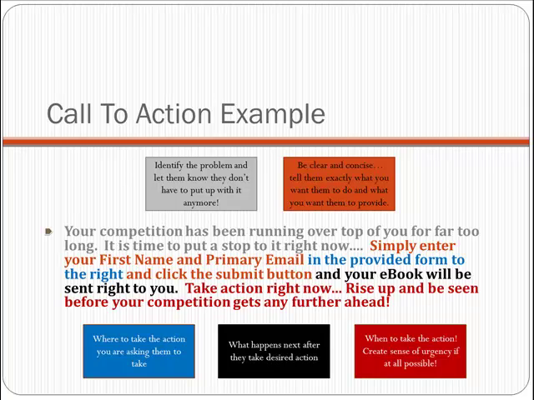The next one, with the blue, is where to take the action you are asking them to take. In the provided form to the right. So you're going to be telling them if it's down below, to the left, to the right, up above, wherever it is, you tell them specifically where to look. So if it's off to the right, you say look over to the right. There it is. That's where I want you to put your name and primary email, and the button below,